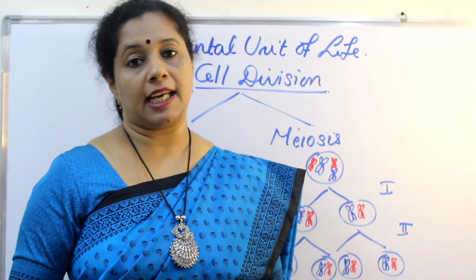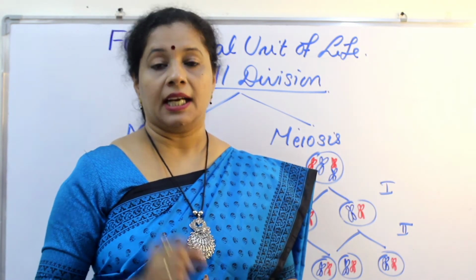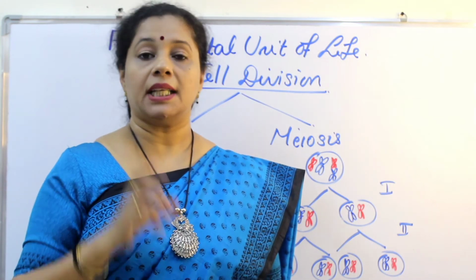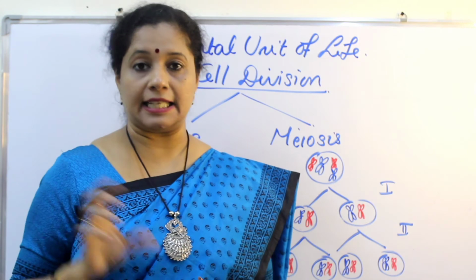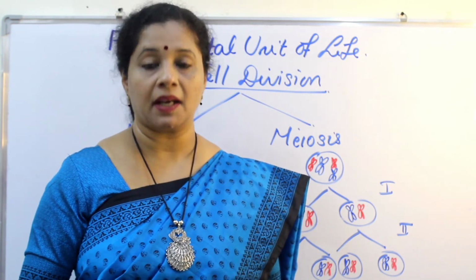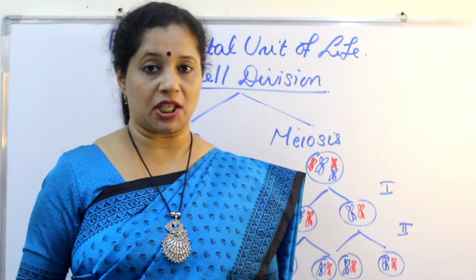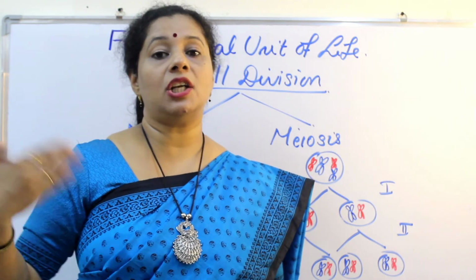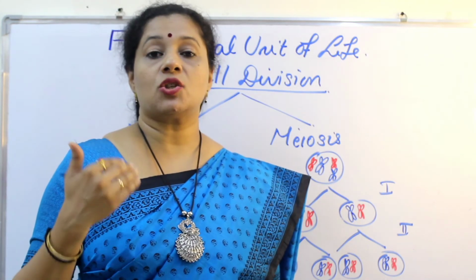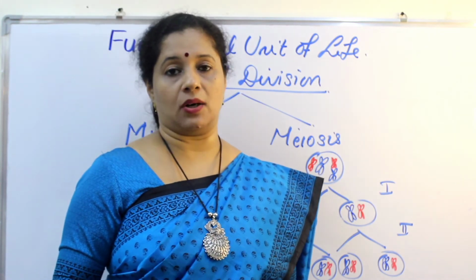Let us consider the case of human beings. Each cell has got 23 pairs of chromosomes. The number of chromosomes is definite for any species. So for human beings it is 23 pairs, that means 46 chromosomes. So when our cell is dividing by mitosis, it ensures that every new daughter cell has 23 pairs. But in the gametes it is only 23. Why? Because if